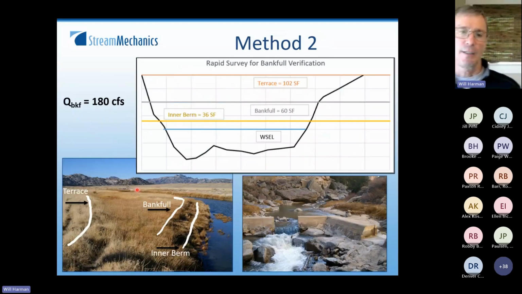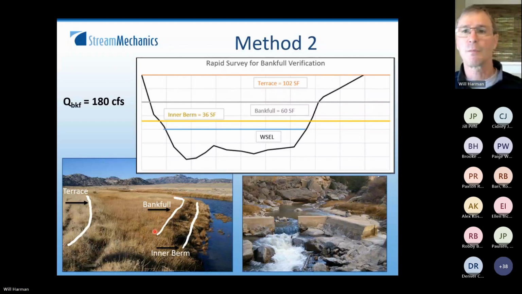So just kind of an example, this is from Wyoming. You know, it looks like you have 3 features that are quite prominent here. Here's the inner berm. This looks like Bankfull. This looks like a terrace. But then we walk upstream and we see that there are flow diversions. So it's like, well, is this in fact still Bankfull, or might it be a terrace because of the flow